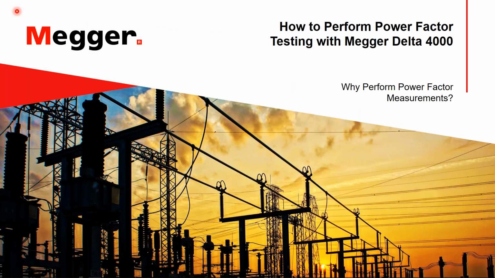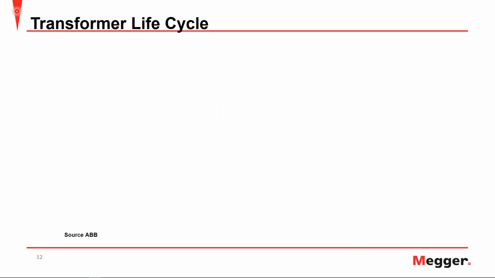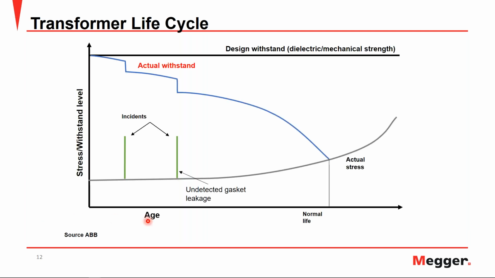So now that we've briefly discovered what power factor is, let's talk about why we perform the measurement. Let's start by taking a look at the typical transformer life cycle. Here in the x-axis we have the transformer's age, and in the y-axis we have the stress and withstand level, where the black line at the top is the design withstand to begin with. We can see the stress in gray, and the actual withstand in blue,